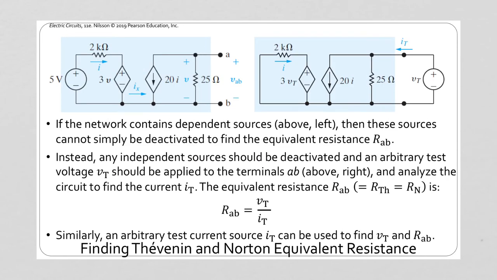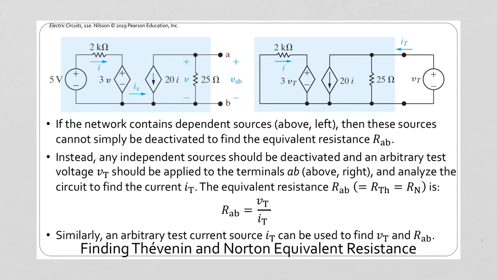If you have a network that contains dependent sources of either kind, it's a little bit more complicated to find an equivalent Thévenin or Norton circuit. Let's say we wanted to find a Thévenin equivalent circuit to this network right here. We would need to find the open circuit voltage, so that would be our Thévenin voltage. And then we would want to find the